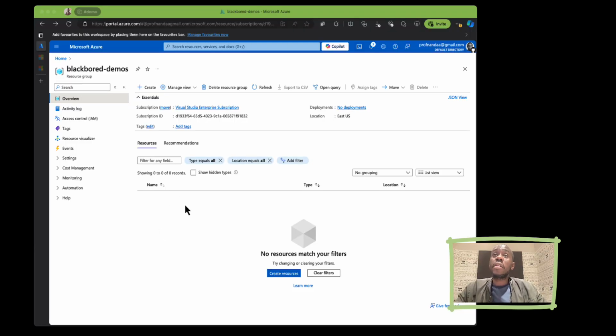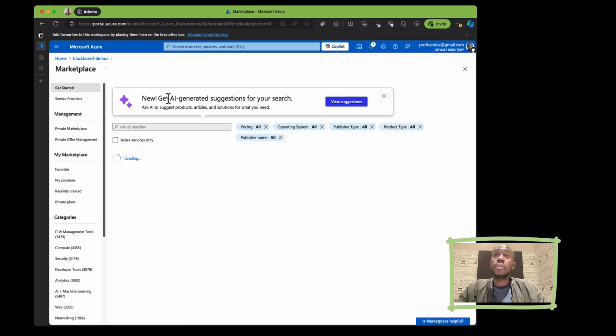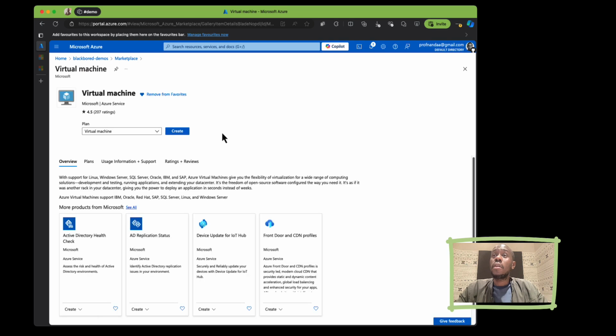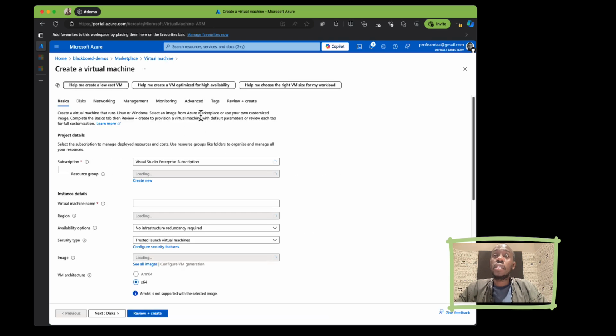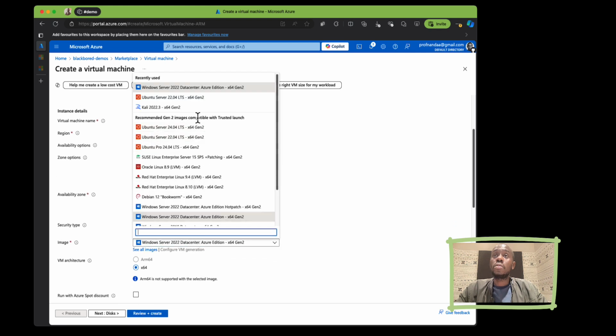Now let's go ahead and create our VM. There are many ways you can do that, but for me, I go for virtual machine here, and then choose Microsoft. When I'm creating my virtual machine, in the list here, I choose Ubuntu. I'm going to go with Ubuntu Server. There's also a 24.04, but let's go with 22.04 LTS. Let's go a little bit older,